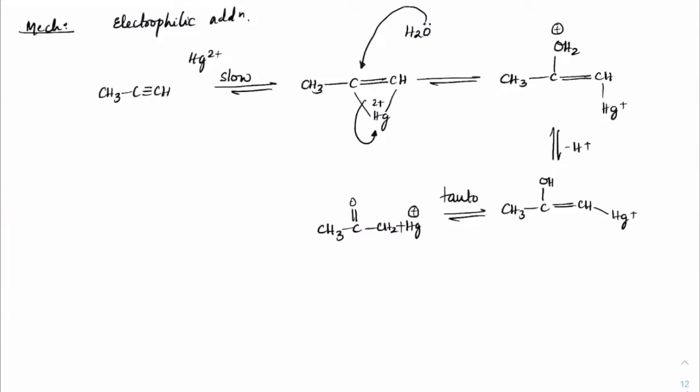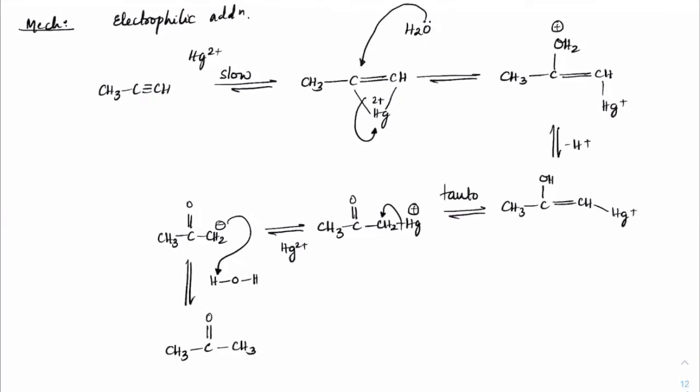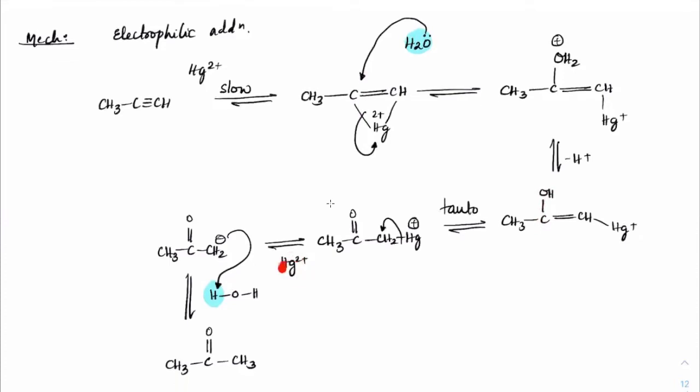Now Hg+ leaves away with the electrons here and comes out as again Hg2+, on which we'll have CH3, C double bond O, CH2- formation, which on treatment with H2O will take this H+ to form CH3, C double bond O, CH3. Okay. So what we have added is H+ and OH-. So addition is all about H+ and OH-, but that OH will convert into a keto. Hg2+ is acting like catalyst only, beta. It polarized initially so that H+ and OH- has been added, and then it will come out as